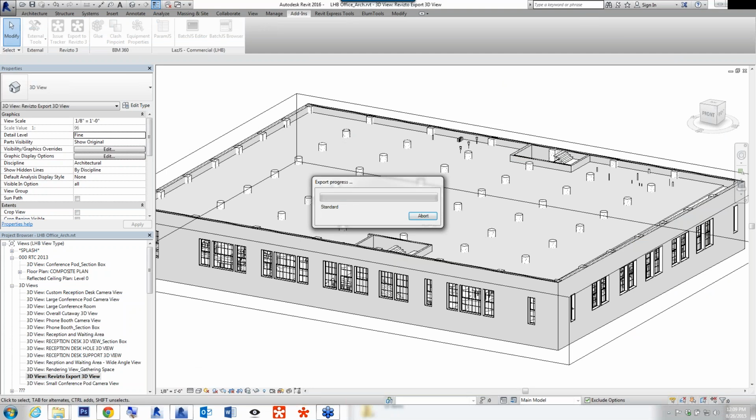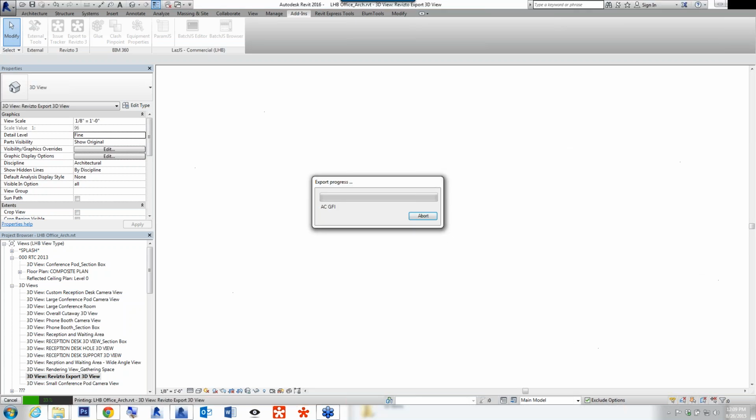And so this just takes a few minutes to translate the information from Revit into the Revizto editor. So the editor, as the name implies, is a workspace where you can make changes to materials and lighting and things like that. And then the last step is exporting to the viewer mode. And so once you're in the viewer mode, things are optimized, kind of like a gaming environment where you can navigate the model really smoothly.